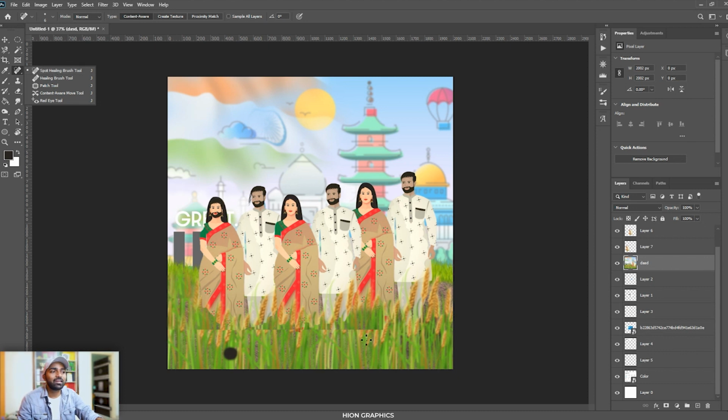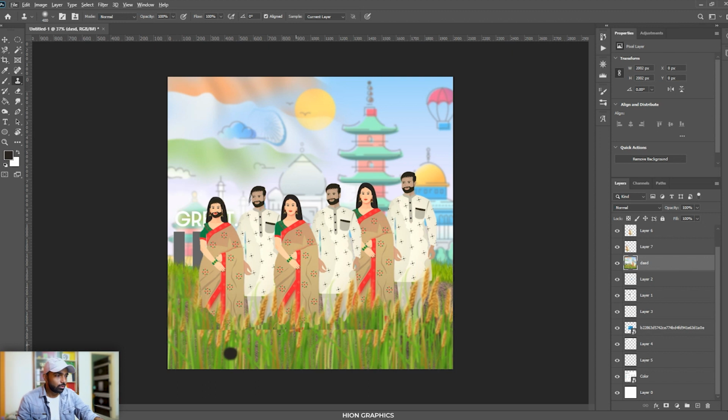You can sample that grass from somewhere else and place it on that. So now I will be using a normal clone stamp tool and make it bigger using the bracket keys. The forward square bracket increases the size of the brush, or any of the tools that you are using currently. The back bracket will decrease it.